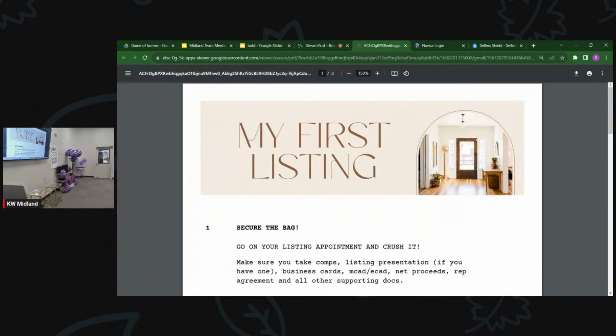We want to get a listing. You can do door knocking as well. You can do networking events, church. I've gotten deals off my daughter's school. I haven't gotten any from church yet, but I think that's coming soon. It's not that we go to church just to get them, right? But it's a networking opportunity. It helps. Yes. People that see you out in the community, they like that and they want to work with you. So that's going to be number one, right? How to get a listing.